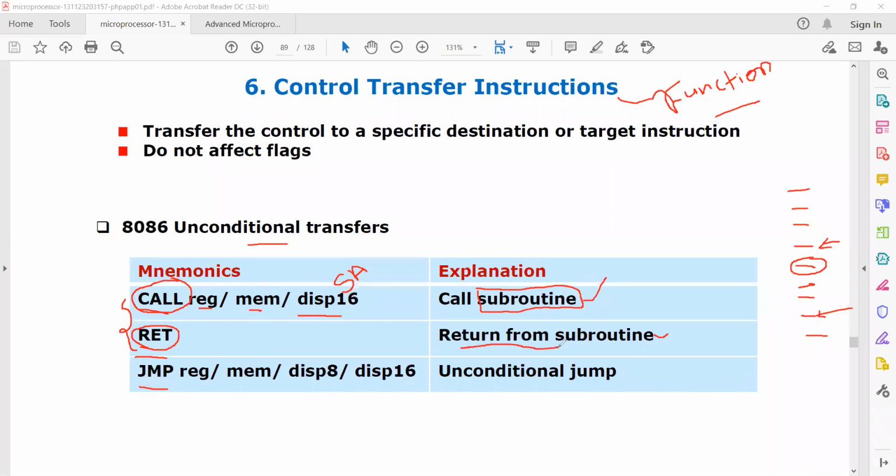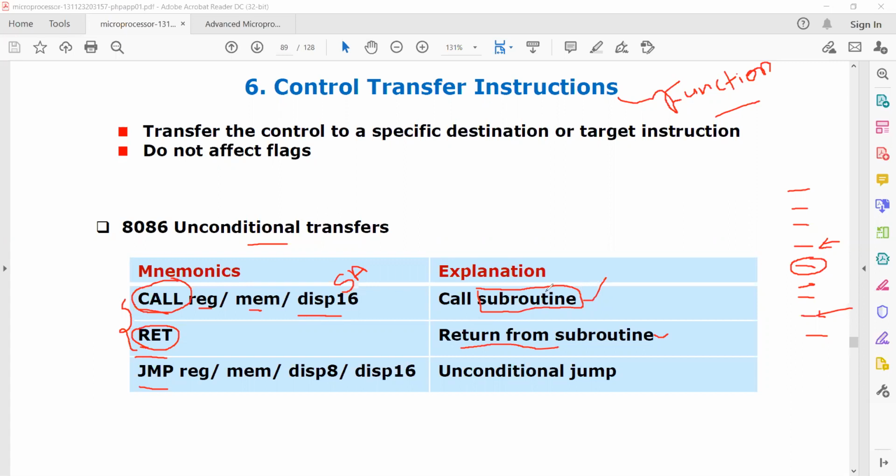It returns to the main program from where we called it. That is one kind of control transfer. Up to this call instruction, the control will be in the main program. Whenever we execute this call instruction, the control suddenly shifts to the subroutine location.